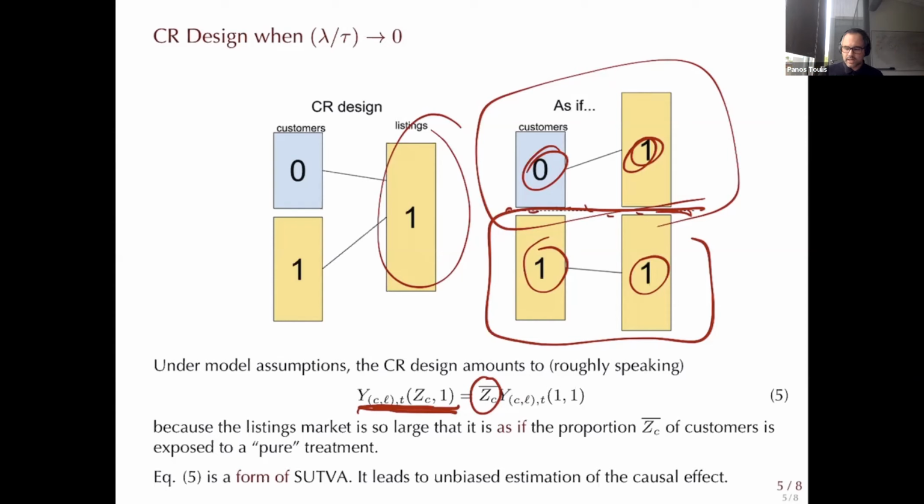Now for the LR design, it's a little more tricky for me, and this is where I struggle a little bit, because in this case where this lambda tau, this structural parameter, goes to infinity, essentially we have infinite customers. So no matter what you do,